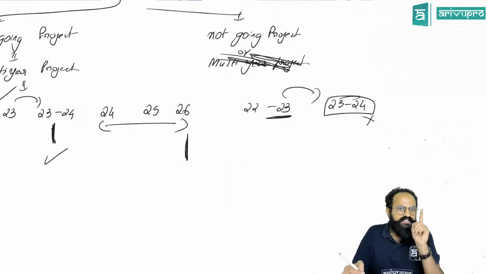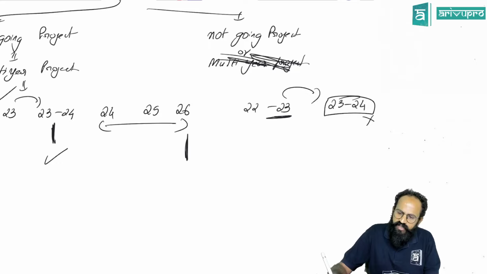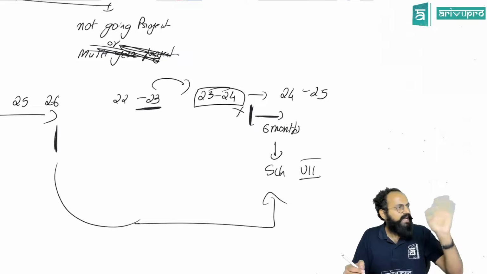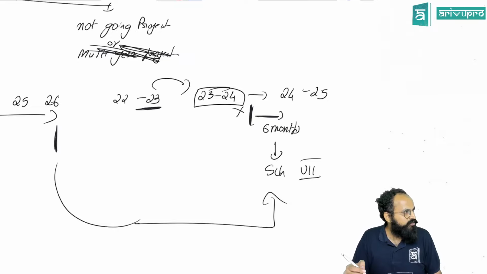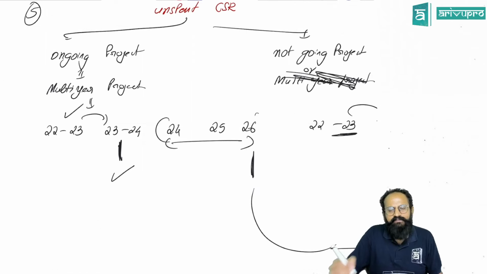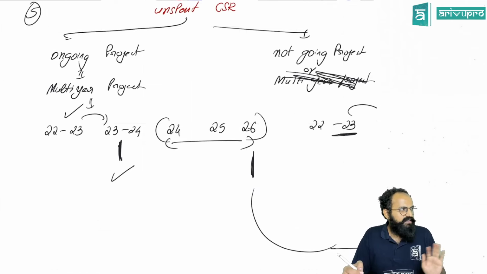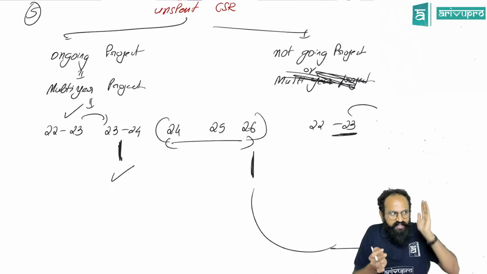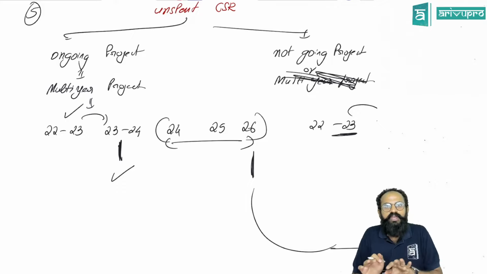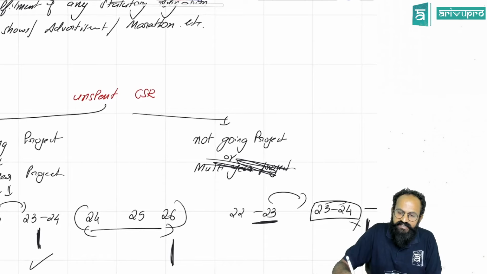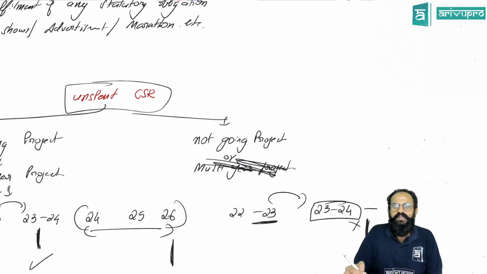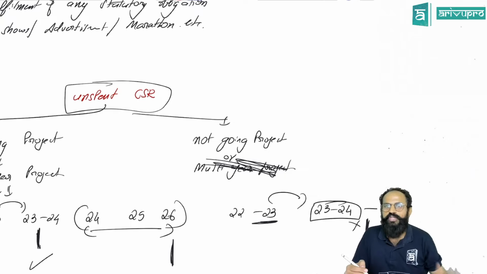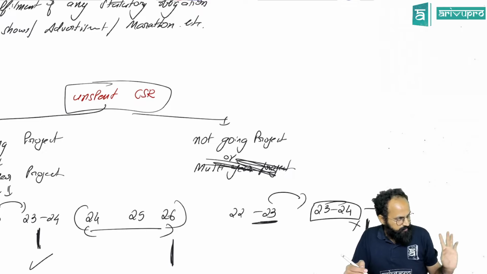Sir, what if in this 3 years, I'm not able to spend this 800 crore? The procedure is the same. Transfer the entire money to the funds maintained in Schedule 7. Understood? Sir, until this 3 years, can I have this money in my regular bank account? Remember the unpaid dividend account? I told you, because if it is in your bank, you will treat it as your regular income. So what they said, do one thing, open a different bank account and name it as unspent CSR. So the money will be in that account for 3 years. Even in that 3 years, if you do not spend it, you have to transfer it to Schedule 7. Understood?